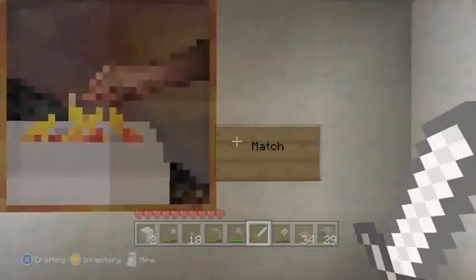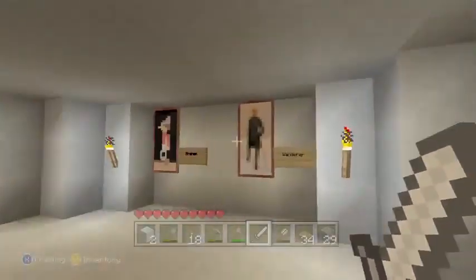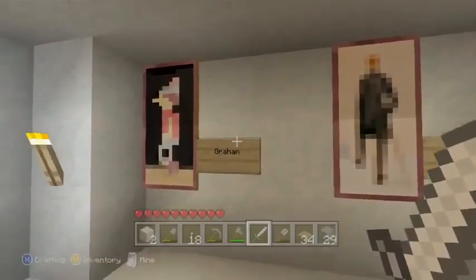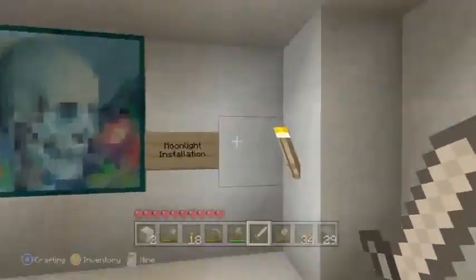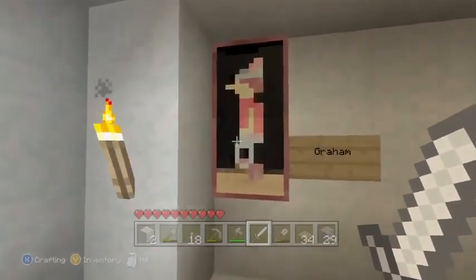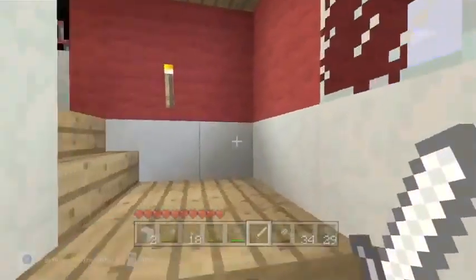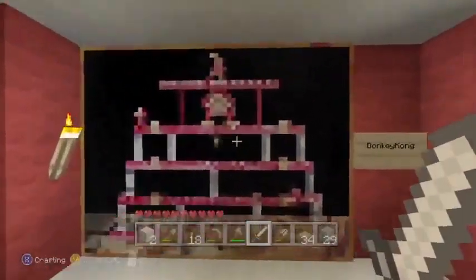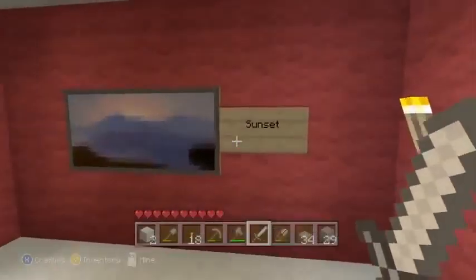So if you're ever curious about what their names are, that's Match, apparently. It looks more like Idiot Burning Hand if you ask me, but Match. Wanderer, Pinocchio, no sorry, Graham, that's Graham apparently. I think that's actually from a game. I think that's from what's that, Night something or other, Knight's Tale or something. I think that's from Moonlight Installation. It's a very nice name for a picture of a skull. Donkey Kong, obviously. Void, Sunset,